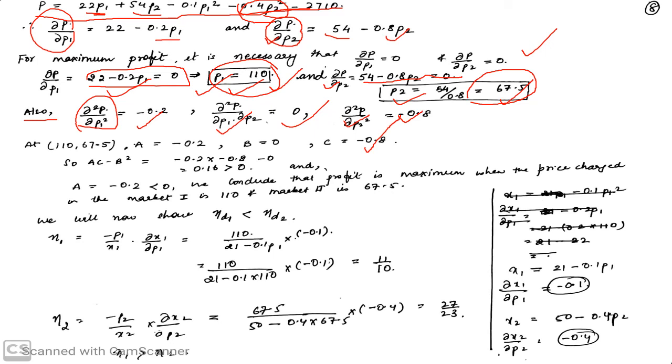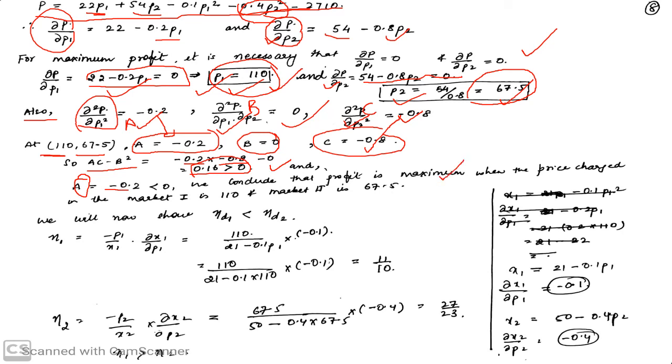अब आपकी जो प्राइसेस आई है, इस प्राइस पर 110 और 67.5 में ए की वैल्यू क्या है, इसको हम ए मानेंगे, you all know the same steps follow over here, इसको हम बी मानेंगे और इसको हम सी मानेंगे, राइट। ए की वैल्यू मेरी -0.2 है, बी की वैल्यू मेरी 0 है और सी की वैल्यू मेरी -0.8 है। फिर आपको ये देखना है कि सॉल्यूशन एग्जिस्ट करता है कि नहीं, उसके लिए आप ए सी माइनस बी स्क्वायर निकालोगे, वैल्यू सब्स्टिट्यूट करो आप, -0.2 into -0.8 and -0, that comes out to be 0.16, which is greater than 0, so your solution exists over here. और प्रॉफिट को मैक्सिमाइज करना तो फिर से आपको ए की वैल्यू देखनी पड़ेगी, ए की वैल्यू माइनस है तो इसका मतलब ये है कि प्रॉफिट मैक्सिमम है, इन प्राइसेस पे प्रॉफिट मैक्सिमम है, राइट।